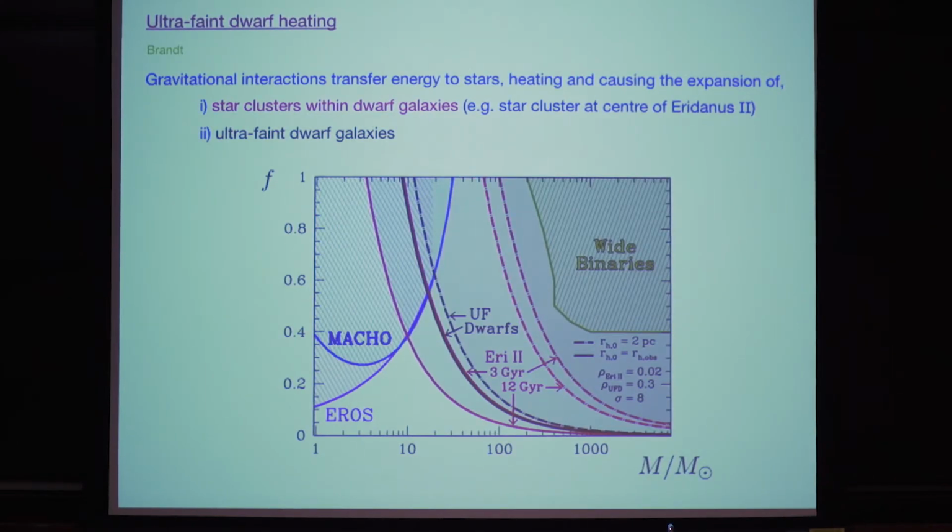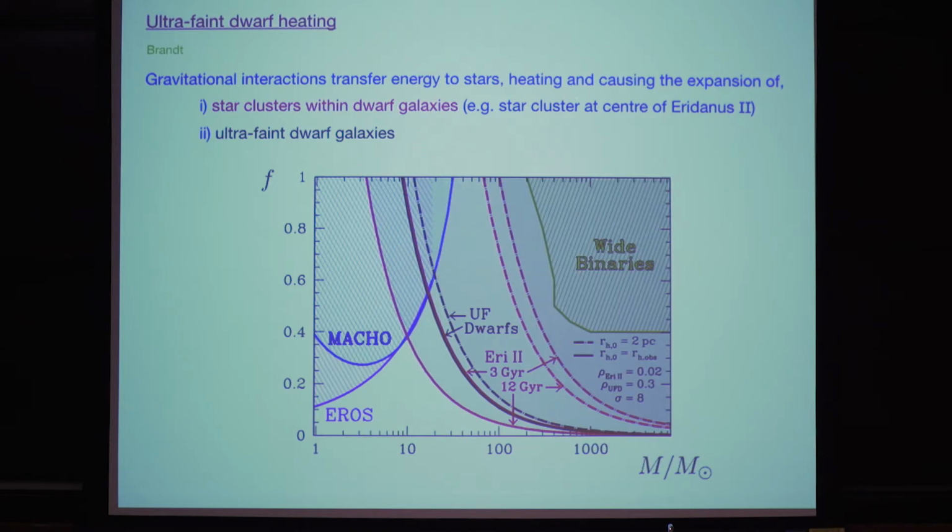The LIGO results and the possibility that those binaries could be primordial black hole binaries led people to look at other mechanisms for constraining compact objects in this mass region. And so there was work by Brandt looking at heating of star clusters and ultra-faint dwarf galaxies. The idea here being that if you've got a population of fairly massive black holes in some object, gravitational interactions between those black holes or compact objects and the stars is going to heat the stars and cause